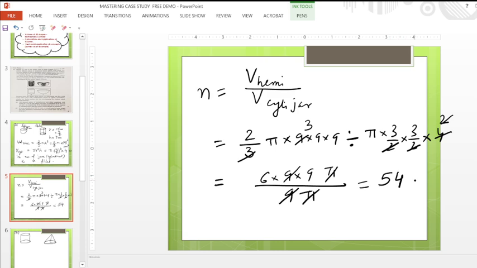So 54 cylindrical jars are required whenever the water from the hemisphere is poured into the cylindrical jars. So 54 cylindrical jars will be filled. Okay, that is the first part. Now next move on to the